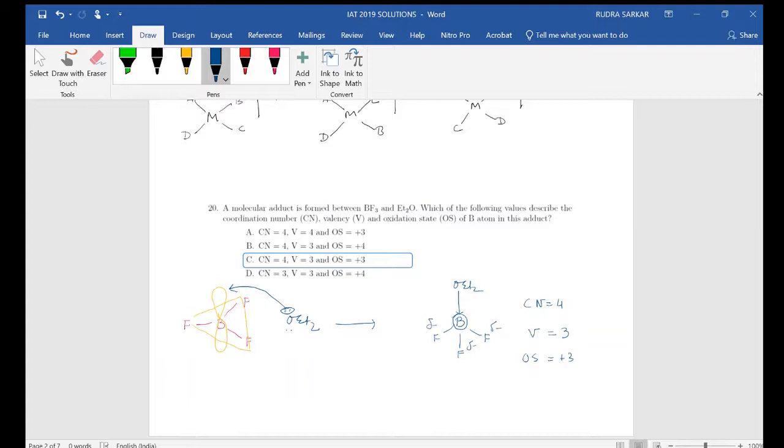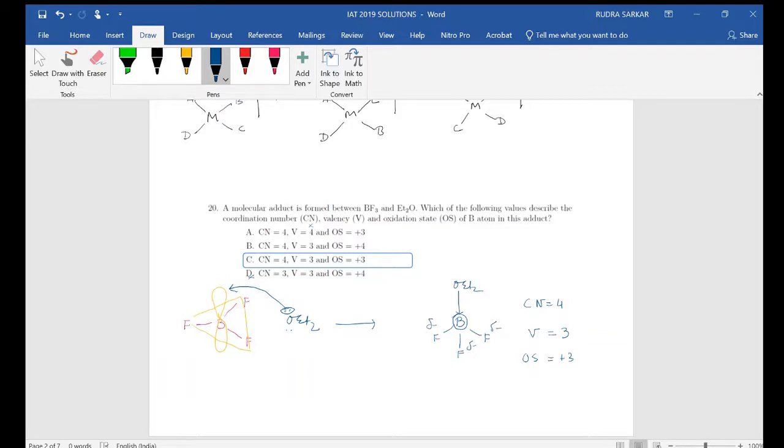Now coordination number can never be 3, so this option D is never going to be correct. Coordination number will always be 4, so we have to choose from the above 3 options A, B or C, in which valency can never be 4. That is why we are not selecting A as the option. Now when you have to choose between B and C,